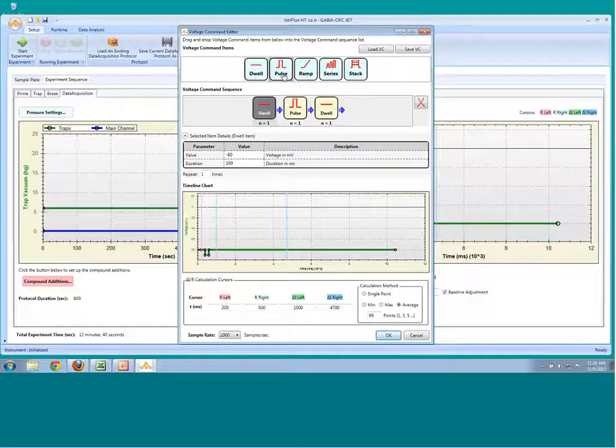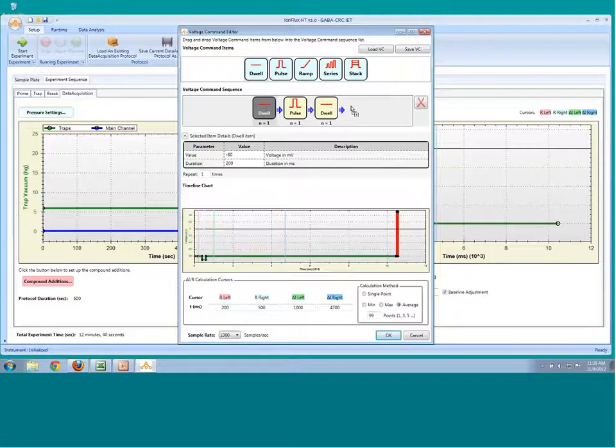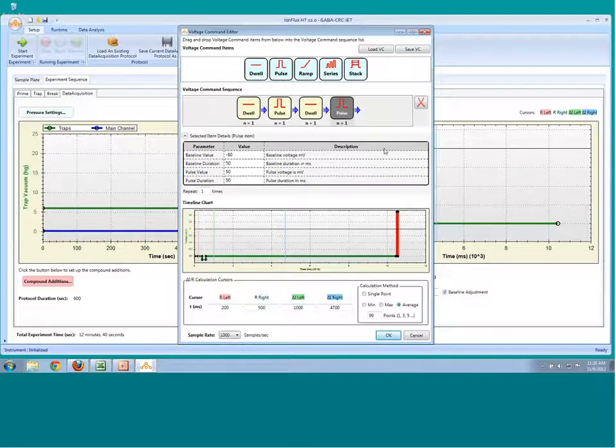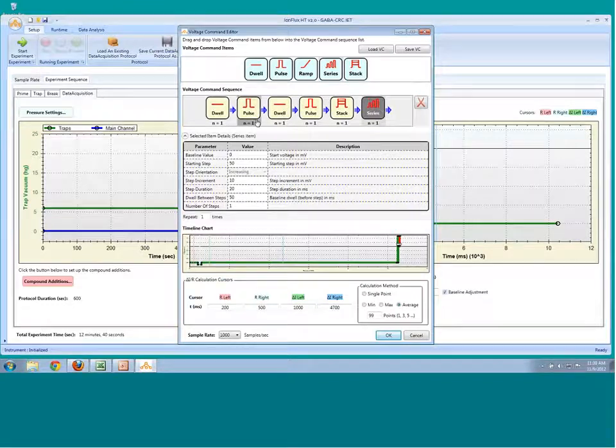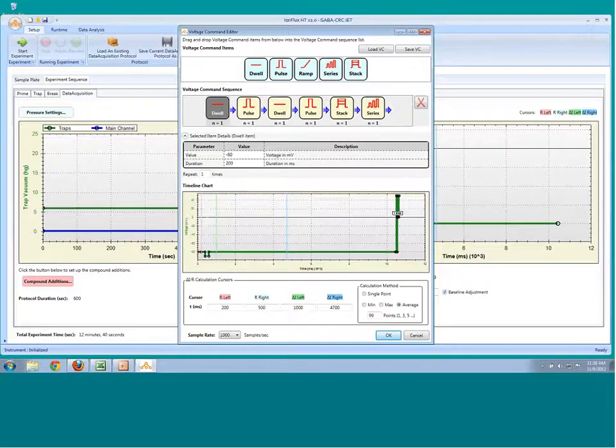And if I wanted to create a more complicated voltage protocol, I simply drag down and add features to my voltage protocol. And I can add any number of features. So if I wanted to do an IV plot, I would add a stack type. I can add series. And you can see again, when each of these is highlighted, then the parameters become highlighted